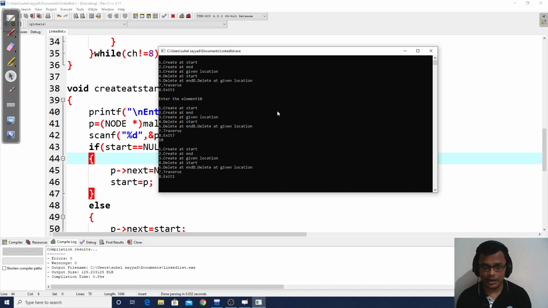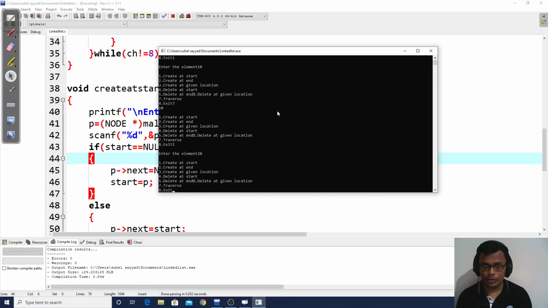Again, if I am creating at start, now I give data as 20. So now 20 is there inside that P. 20's next should point to 10, and 20 becomes the new starting node. Now if I traverse, what will be the sequence of my output? 20 and then 10. See here, 20 and then 10.